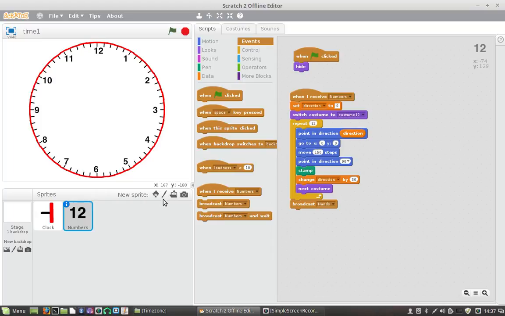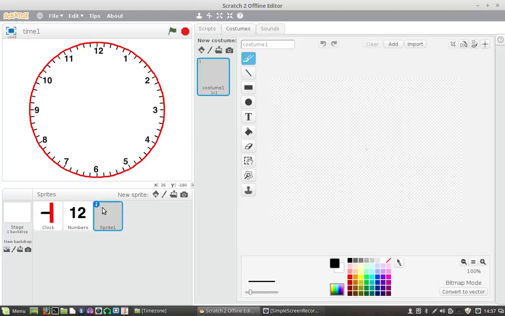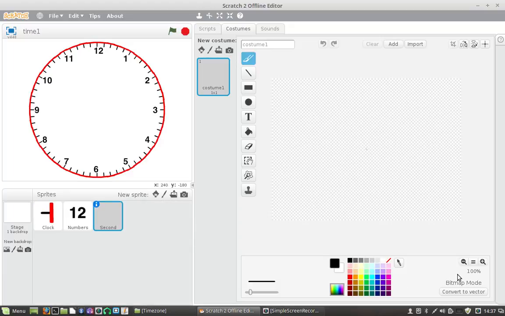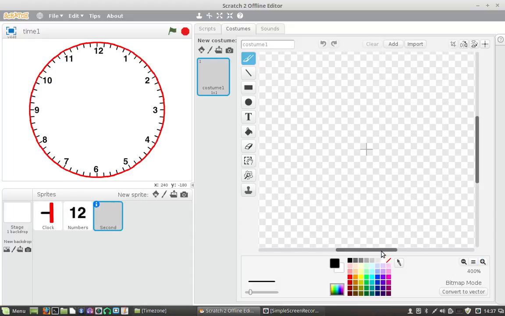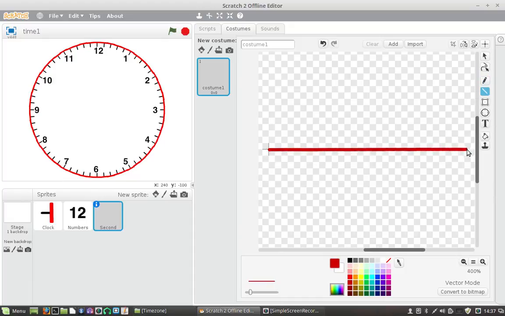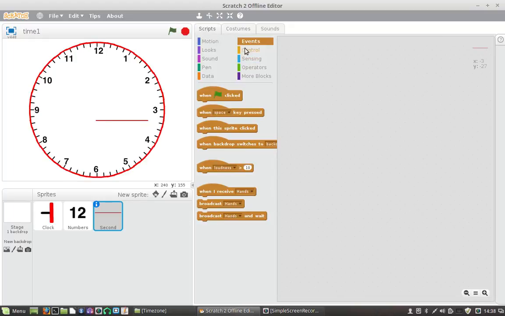And then let's get a new sprite, which we'll call second. And we'll draw it. So we'll just bring it up a bit because it has to be dead straight. Just a line. But it starts right there on the centre, like that, and heads out there. So we want it to be absolutely straight. That looks about right. And our script will be,